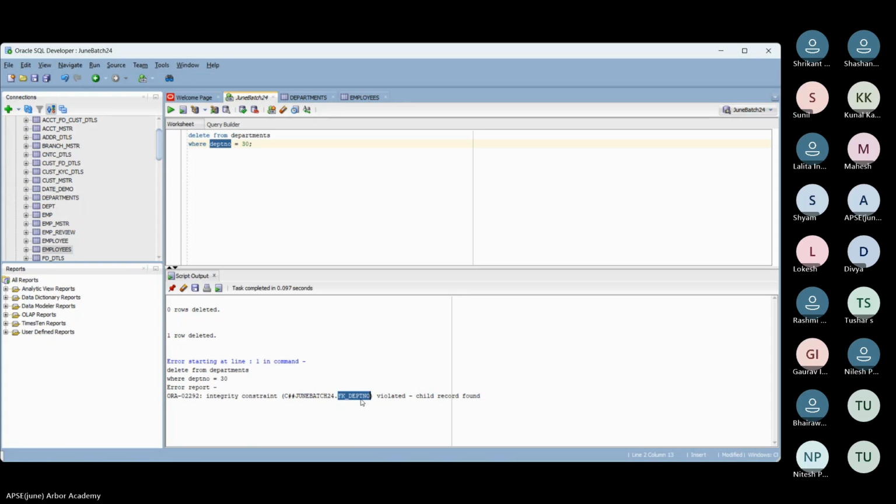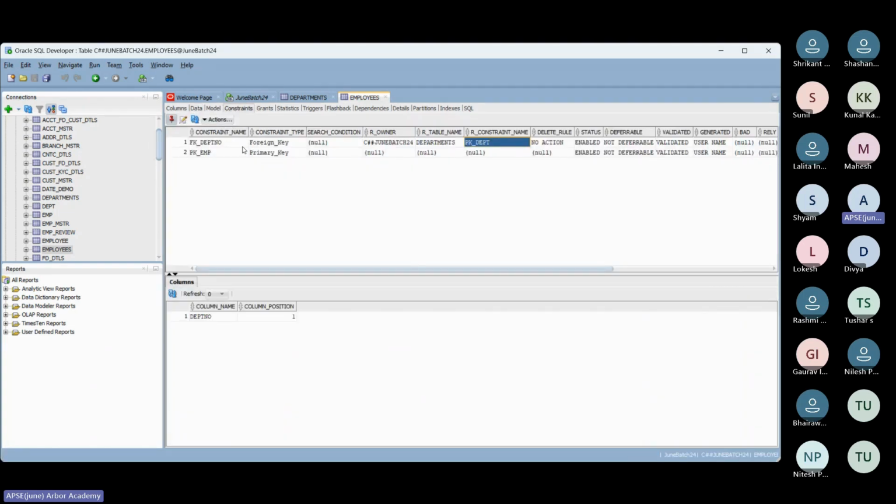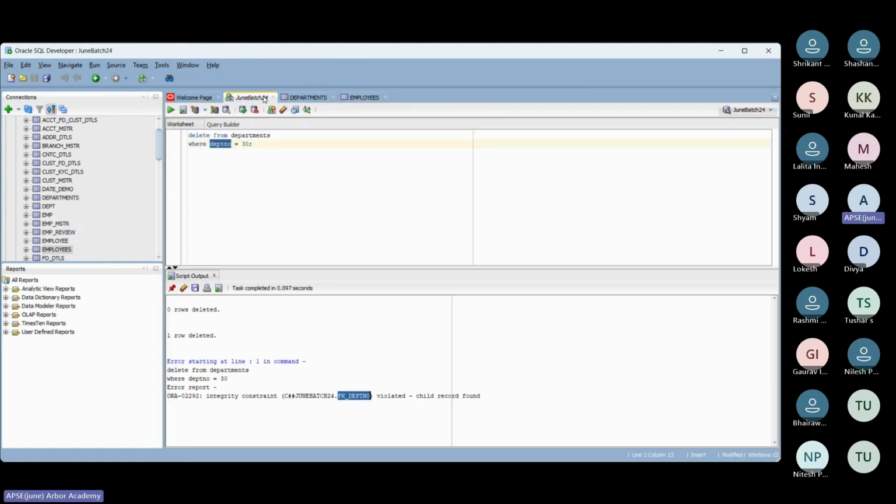Yes. Actually, there should have been the employees table name and DPT NO, which would have helped us very clearly see that it is a foreign key of the employees department number. In a hurry, I feel we missed naming that constraint as FK employees department number or PK employees EMP. By that, whenever these constraints get violated, you can directly sense the table where this particular key is present. And that is the importance of naming the constraint